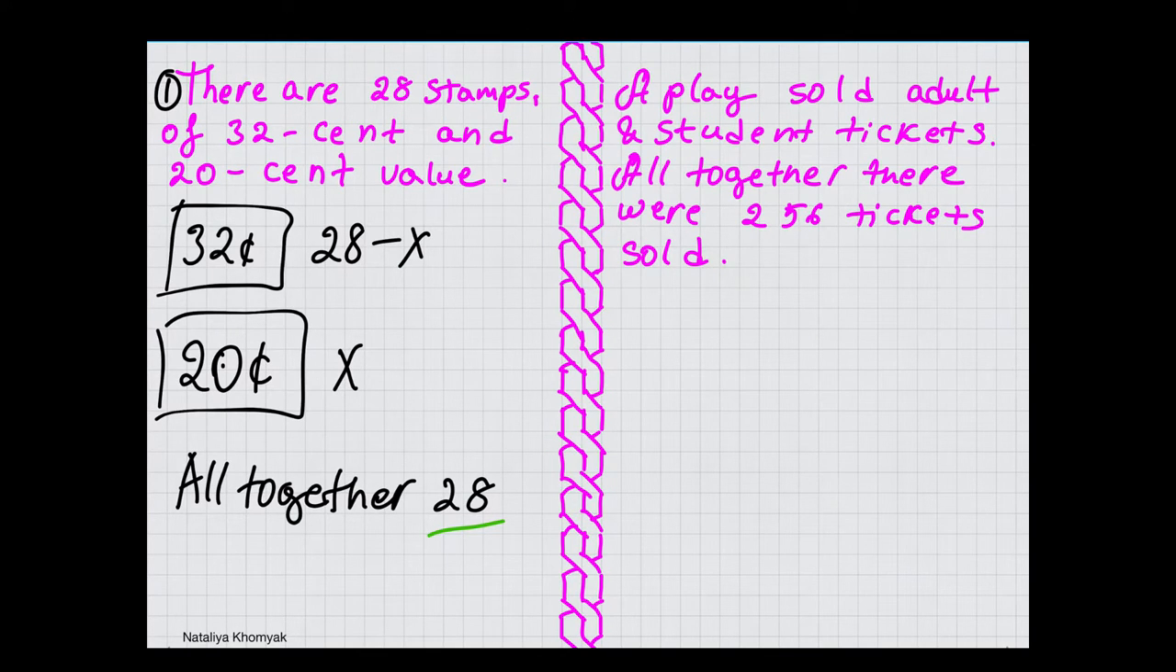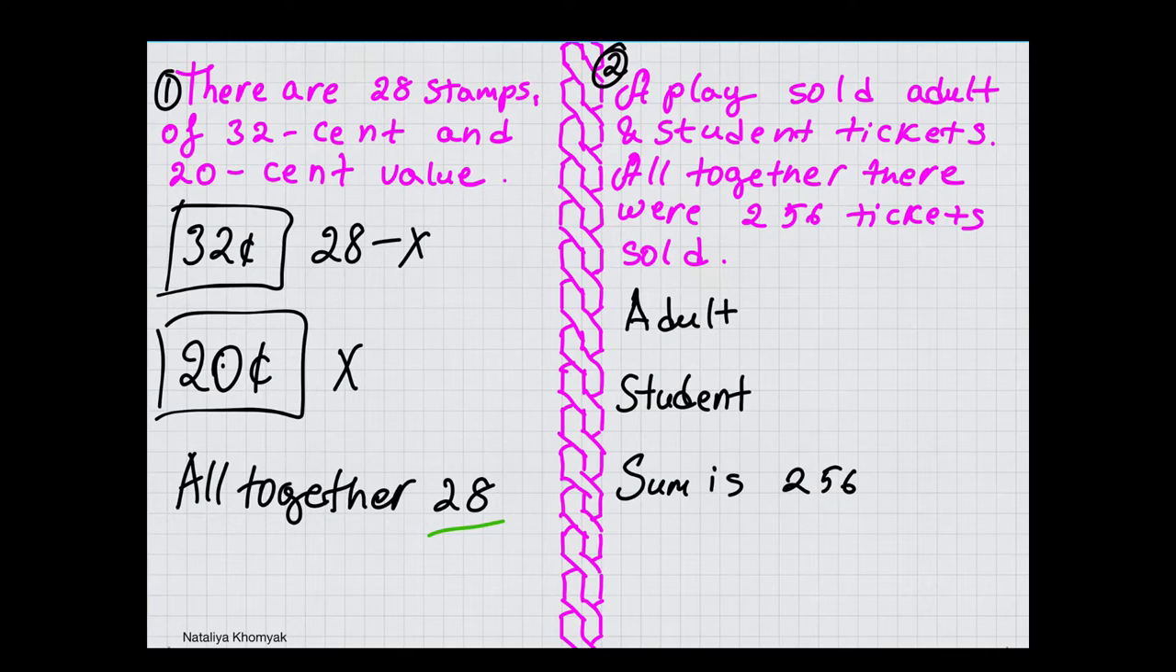A similar situation is in example 2. A play sold adult and student tickets. Altogether, there were 256 tickets sold. So if they are selling adult and student, and the sum of tickets is 256. If only 2 adults show up, then we would have 256 minus 2, which would be 254 students. If we have 12 adults, then it would be 256 minus 12, and that would give us